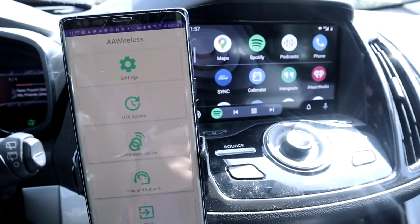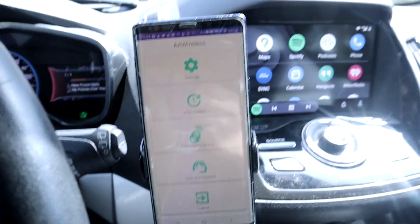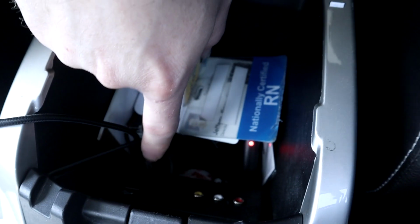I will tell you, like I was telling you before, I have a slightly different vehicle setup than the average person, because this originally was supposed to go with Sync 2, and I put a Sync 3 module in here and reprogrammed my APIM so it would be able to utilize Sync 3 and all the features. One of the problems with that is this port right here I was talking about. This is only a 500 milliamp port for power, as opposed to the newer ones, I think an amp. That might even be 2 amps. I can't remember. But either way, 500 milliamps works natively if you're running Android Auto,